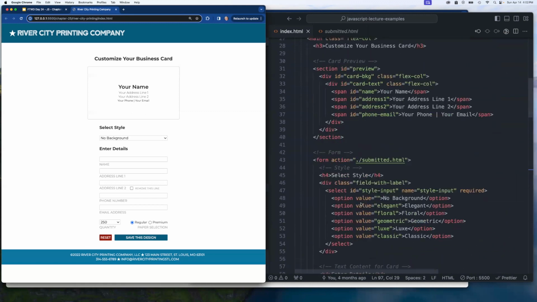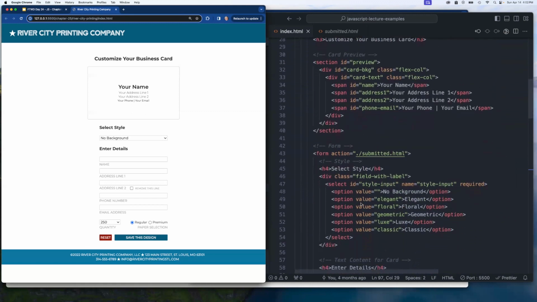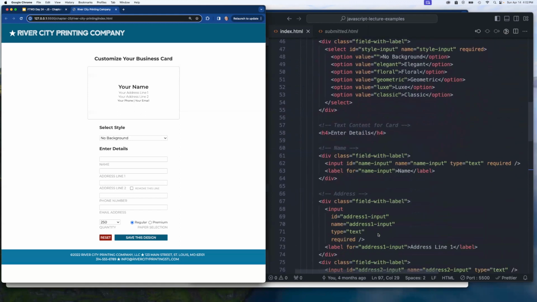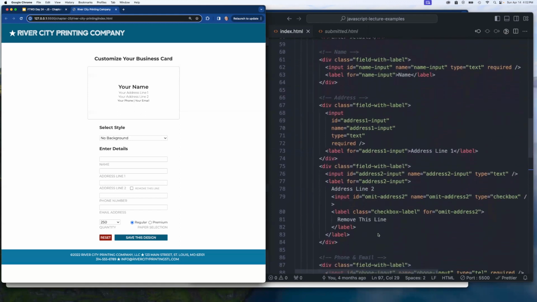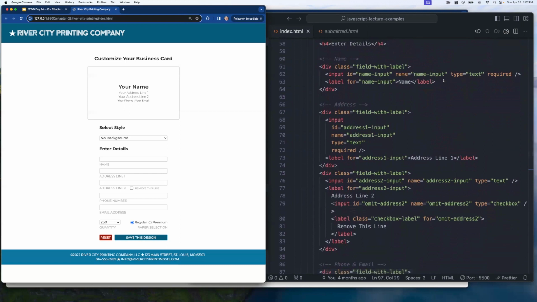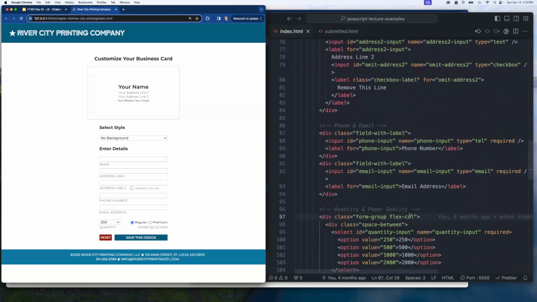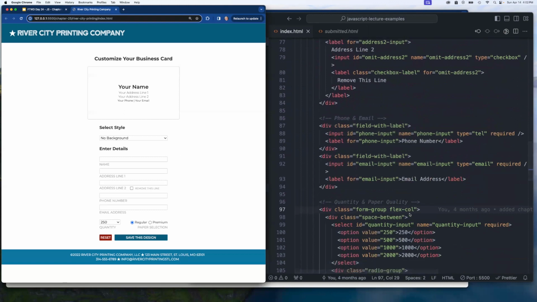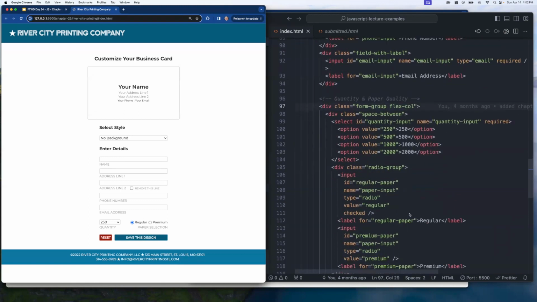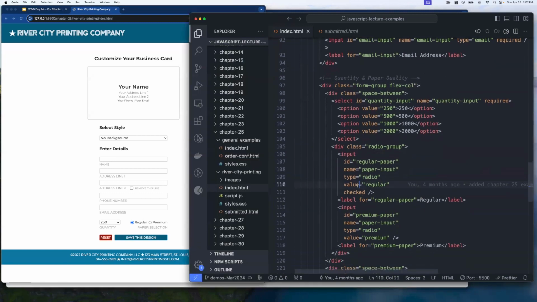You're welcome to come back and look at this code later if you want to, really inspect how it is that I set each of these up. The main thing to pay attention to is when I've set names and I've set types, and in some cases where I've set specific values for things, that becomes really important for being able to access those things and tell them apart in the JavaScript. So yeah, the radio group here has values of regular and premium, but the name is paper input for both